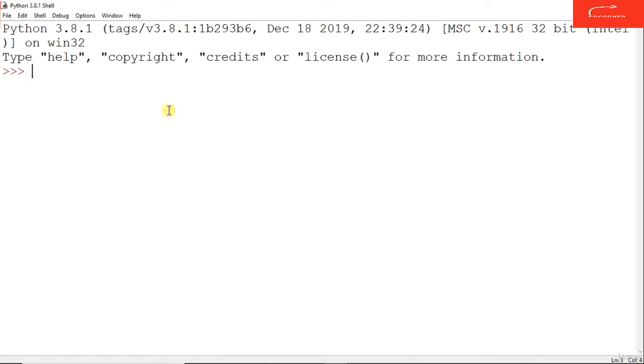Now in this particular course, the first topic that we would be covering is the reverse cipher. We need to first understand what we mean by reverse cipher. It basically is encrypting any message by printing it in reverse order.